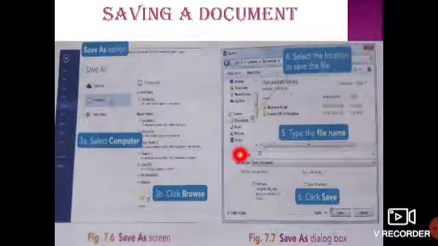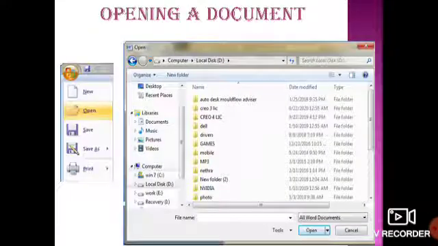Next we have another option such as local disk drive D, E, F, isn't it? So you have to select anything which you want, and then give the file name, the name according to your convenience, and then click on Save. By doing this, a document can be saved as a Word document.